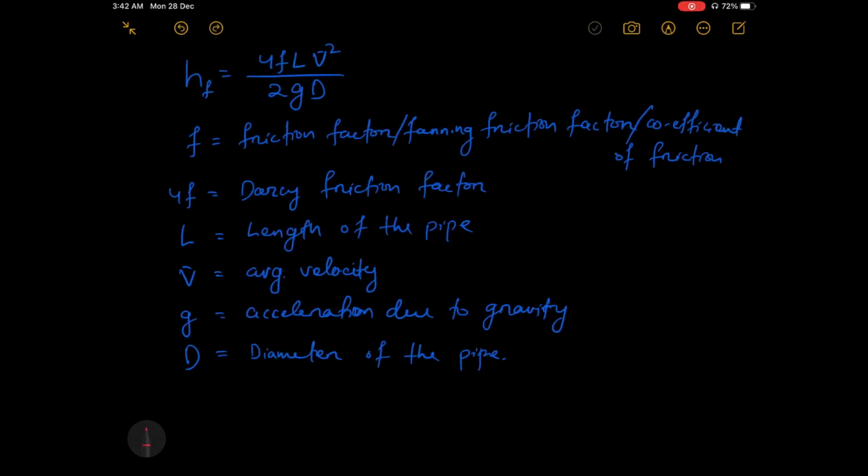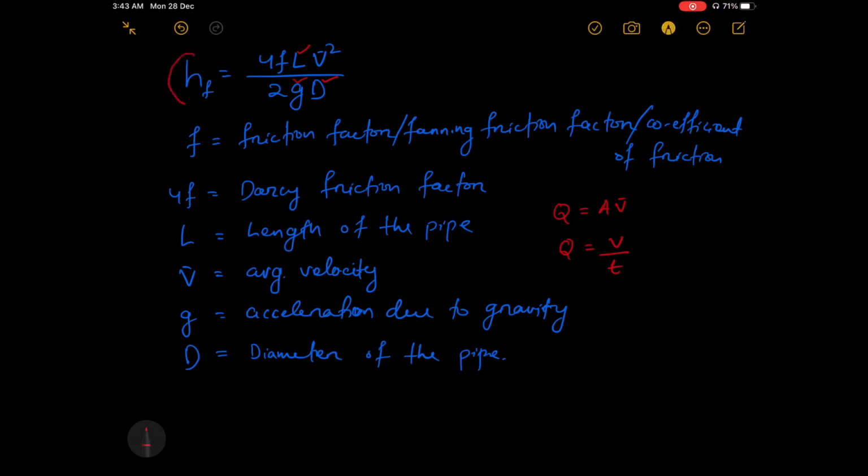In this equation, we all know the value of acceleration due to gravity. Then we can get the value of length and diameter of the pipe from the apparatus itself. And for average velocity, we can use the continuity equation, which is Q = area × velocity, where Q is the volumetric flow rate. So we can get the area because we already know the diameter of the pipe. Then we can find the volumetric flow rate from the volume of water collected per unit time,